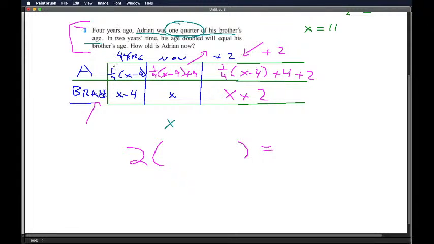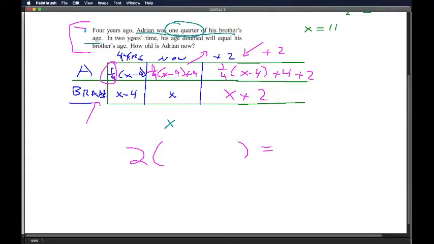Because we had 1/4 here, right? Because it says Adrian was 1/4 of his brother's age. So we put a 1/4 in the 4 years ago, and then I brought that forward to here, to now, because it was his age plus 4, and now I brought it forward again, and it's another 1/4. So I keep bringing his age forward,